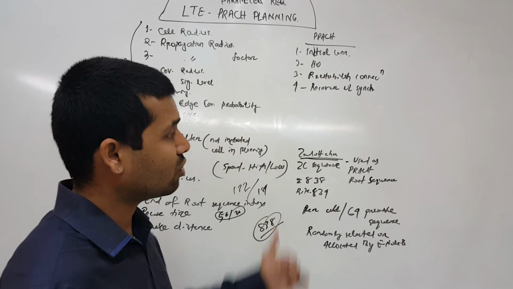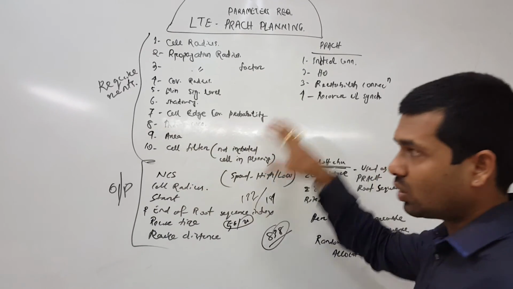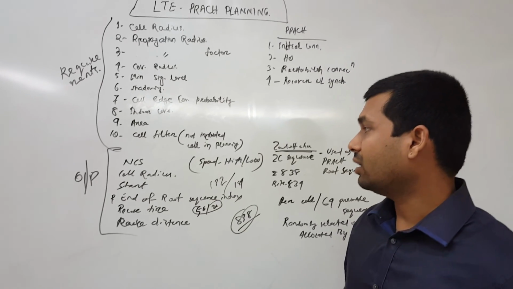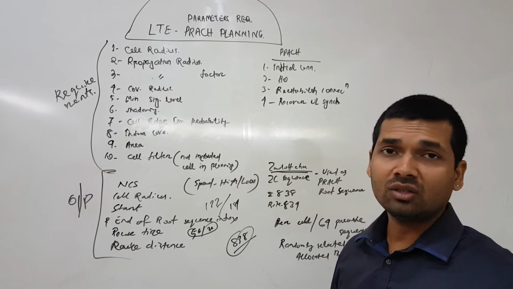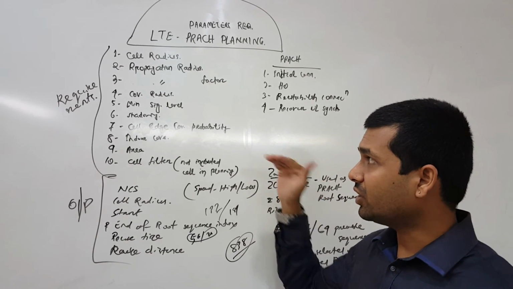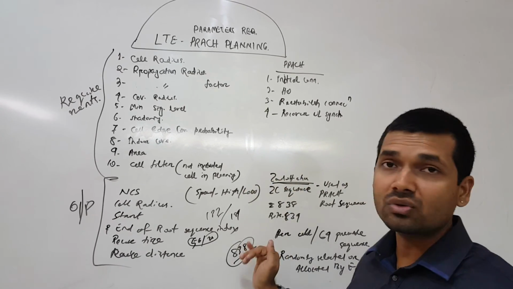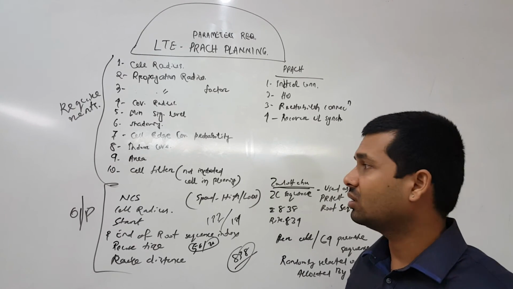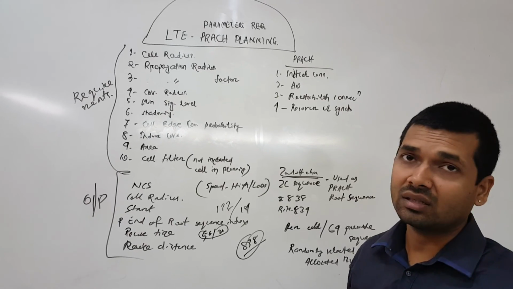So this is all about the introduction, how to put the values in the tool, what we are expecting in the output from the tool, and how to plan it. In the next session, we'll be properly going through each individual item, the parameters and the values, and a proper output with an example, on how to do a successful PRACH planning.